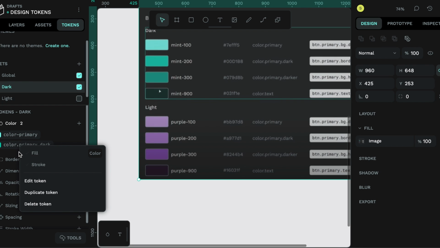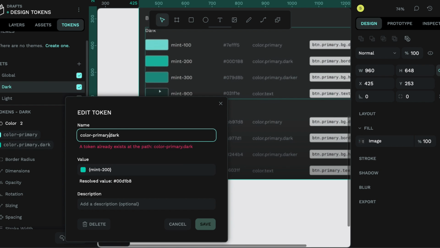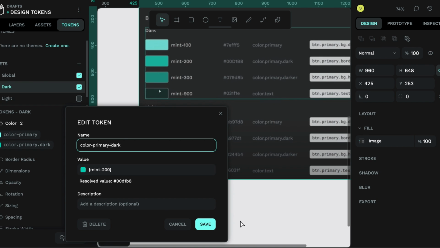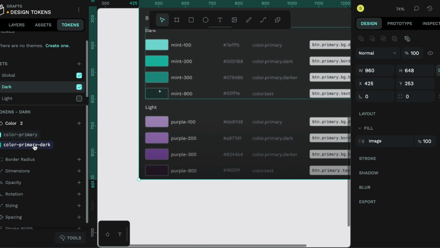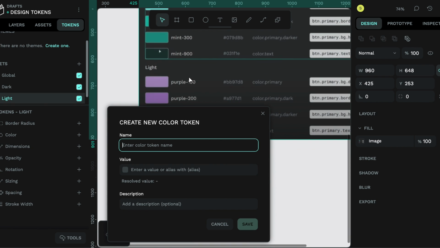I'm going to right click on that, and I'm going to hit edit token. I'm just going to go over and change that period to a hyphen. I'm going to click save. That is fixed. Okay. So now that we've done that, let's say we added all 4 of these. Now we're going to go over to the light, and we're going to do this all over again. Under color, we're going to hit plus. Going to add,